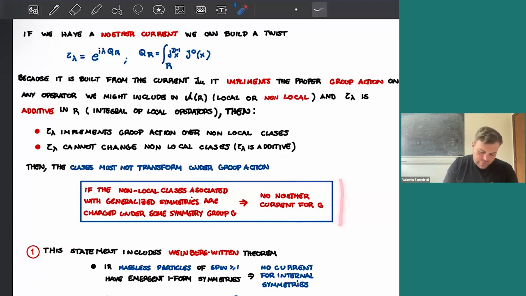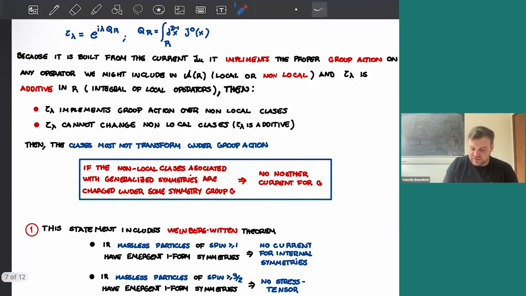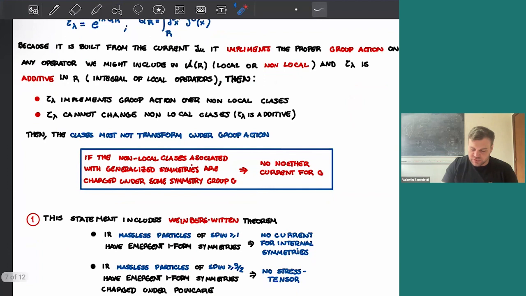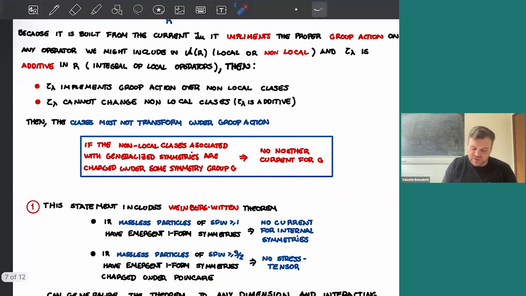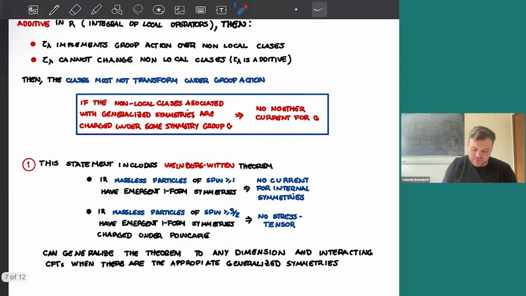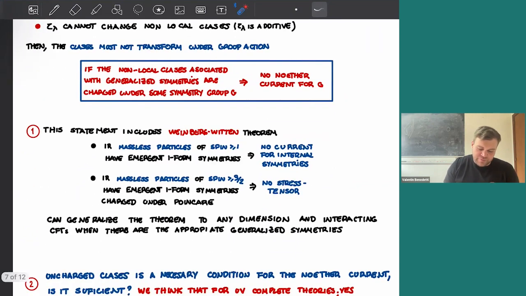This is essentially the main proof I was talking to you about. It can be formalized a little bit, but the spirit is this one here. And there are some important aspects about this idea. The first one is that this statement includes the Weinberg-Witten theorem, in the sense that we know that IR massless particles